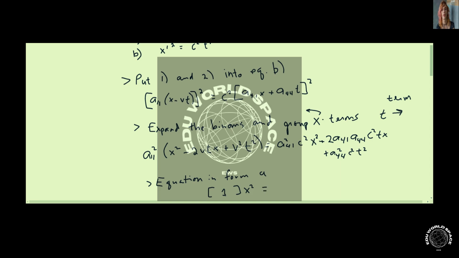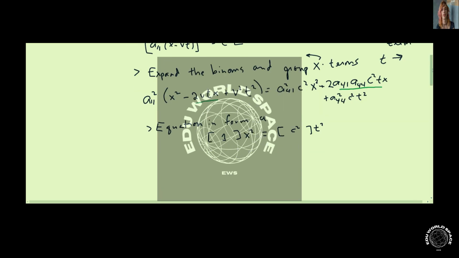And on the other side, we're going to be grouping all the t squared terms together. And whatever occurs there, we're going to have to set equal to c squared, which means that the cross terms have to vanish. So on both sides of the equation, we have cross terms. And the cross terms must vanish,